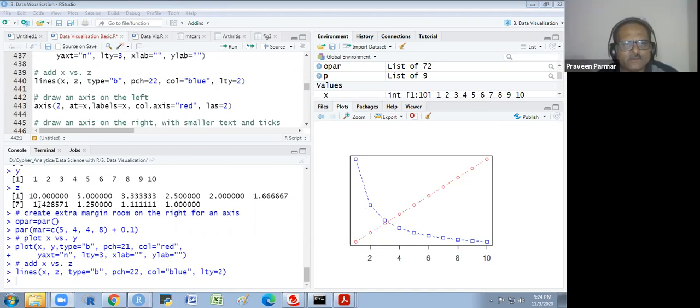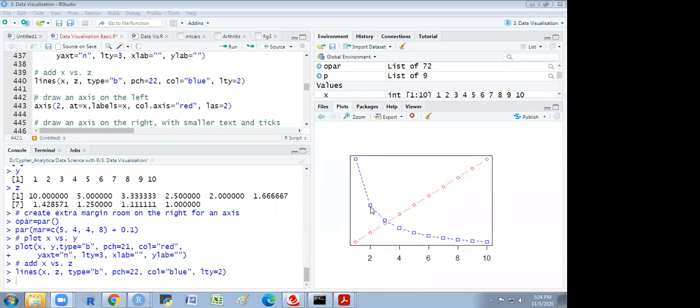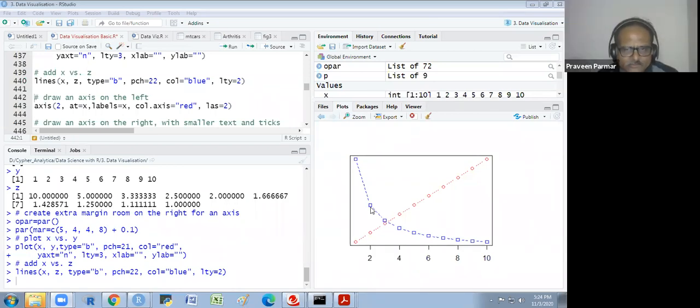This is between this and this. 1 is equal to 10. So wherever the X is 1, then it is 10. Then 2 is 5, so X is 2, Y is 5. On the Y axis, what we have? Z. Z is 5. Then 3, 3.33. 4, 2.5.